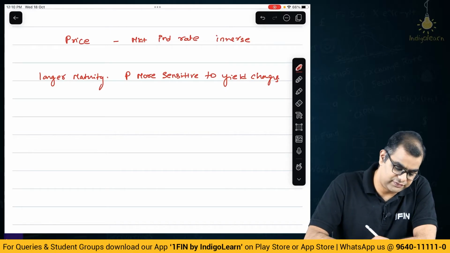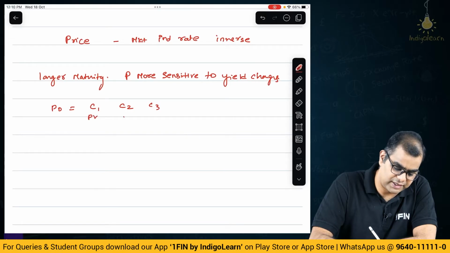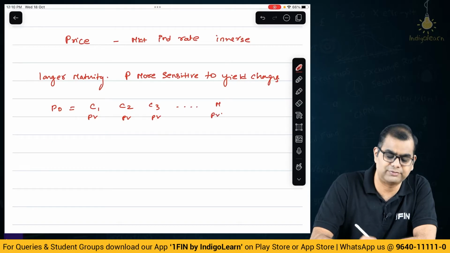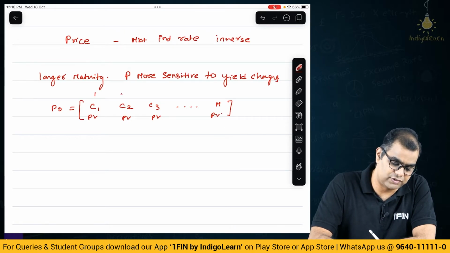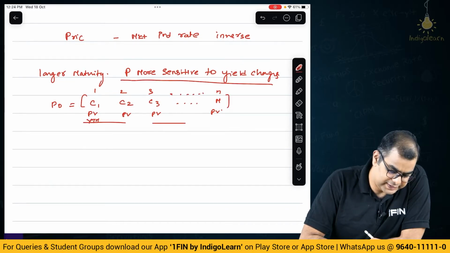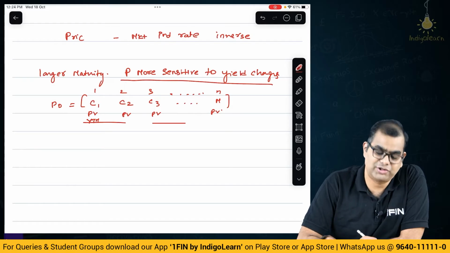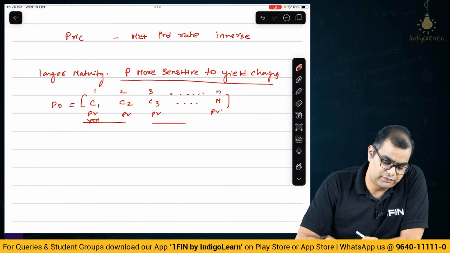Why are they saying that? You see, when you look at a bond price, P0 is equal to C1, C2, C3, this is present value, so on and so forth, M present value, correct? This is what it is, summation of all of this, correct? Now, let us assume this is years 1, 2, 3, so on and so forth till year N. Once you have taken the price of the bond as the summation of coupons and maturity value, and you have assumed it over a long period of time, from 1 to N,